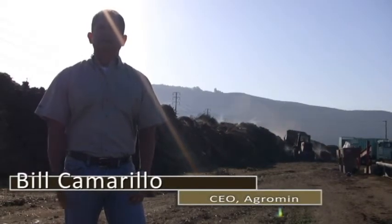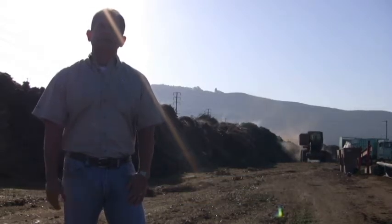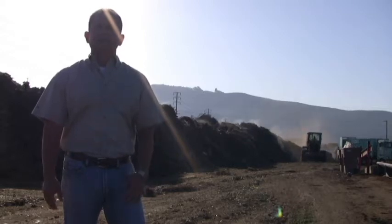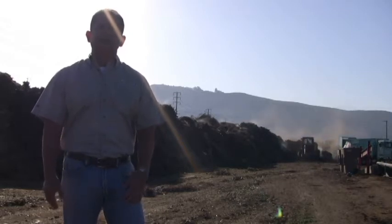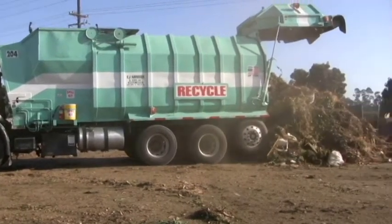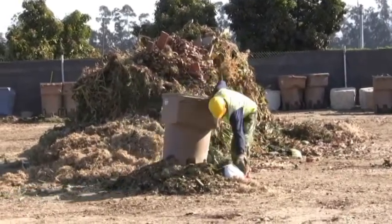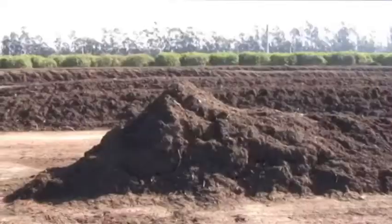Agriman is a premium soils products company and we make all of our products from green waste recycled material. Green waste recycled material comes from typically curbsides at residential, which is typically made up of grass, leaves, and branches at your home. We receive the material here at our facility in Santa Paula on the Limonera property, where the material is cleaned, ground, and composted, and then screened into soil products and mulches that can be used in the